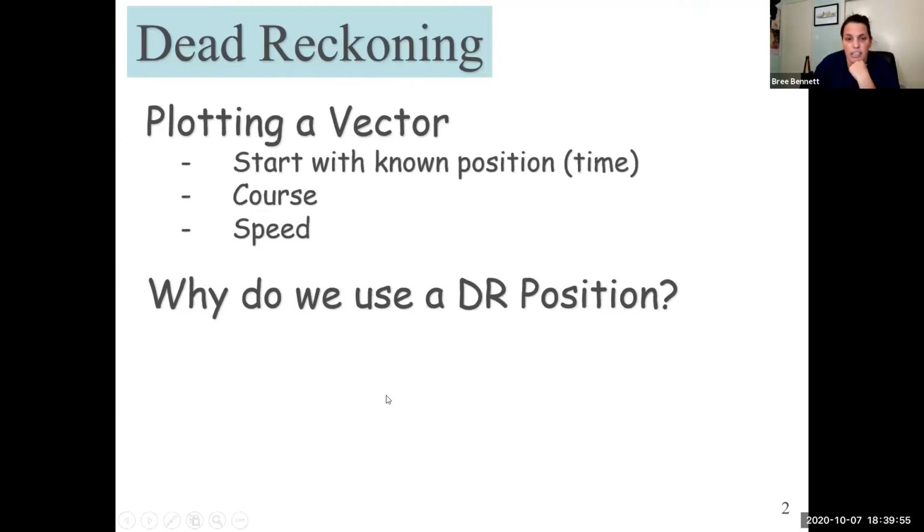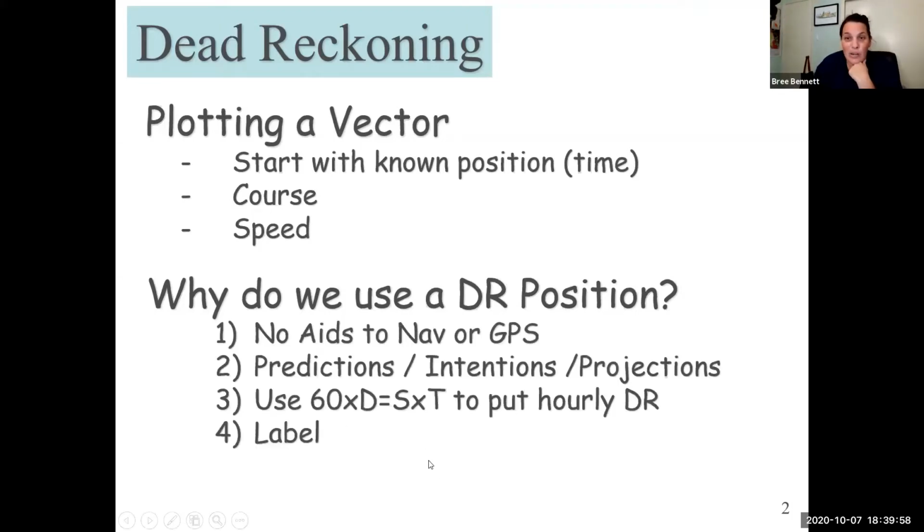All right, so if we don't have anything else to get a position off of, we don't have a GPS, we don't have aids to navigation, we don't have anything to tell us where we are, we can use a DR position. And then for your predictions, intentions, projections, you know, getting an ETA, what am I going to be crossing in the next hour, projecting or predicting where you're going to be. I don't know why it's under here like this, but we use our 60D Street to